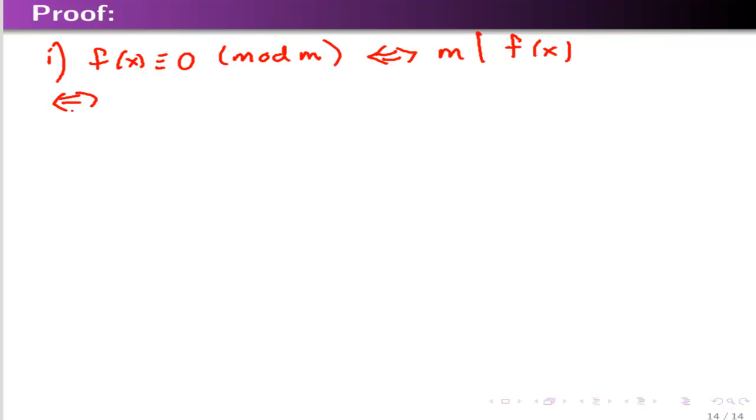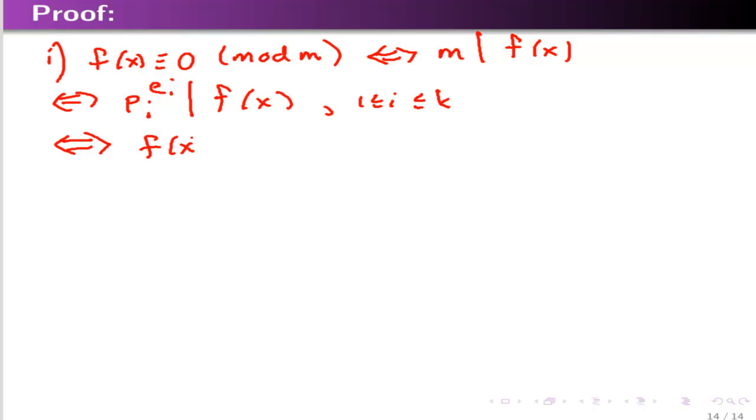So part 1, all we're saying is the following. f of x congruent to 0 mod m is equivalent to saying that m is a divisor of f of x. And that's equivalent to saying that each of the prime powers is a divisor of f of x. And that's equivalent to saying that f of x is congruent to 0 mod pi to the ei. So that's going on there. And in part 2,